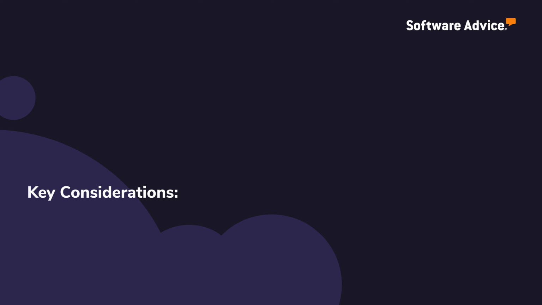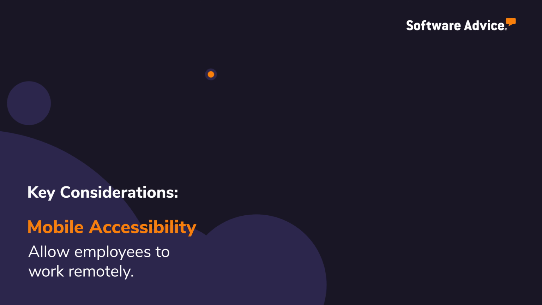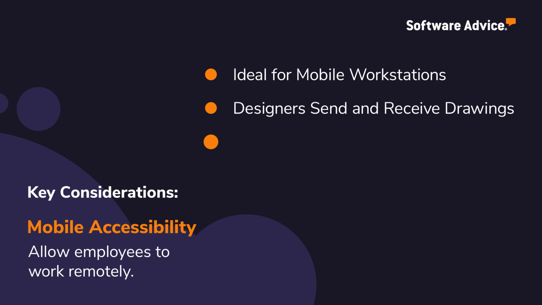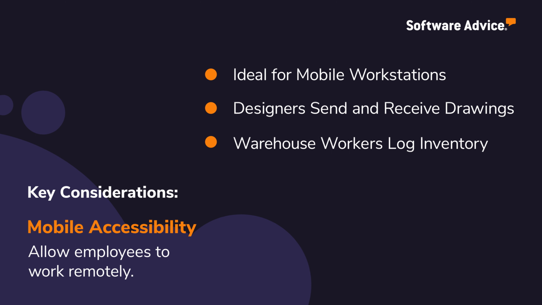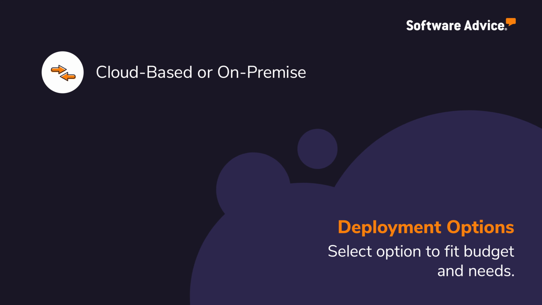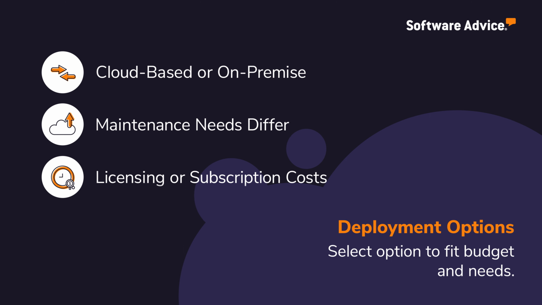Key considerations to look for when choosing metal fabrication software include mobile accessibility, allowing workers to interact remotely without the need for workstations. Designers can send and receive drawings, while warehouse staff can log new inventory from mobile devices. Deployment options allow users to select an on-premises tool, requiring data backup, maintenance, and upfront licensing costs. For a smaller monthly subscription fee, users can choose a cloud-based tool where the vendor handles data backup and software